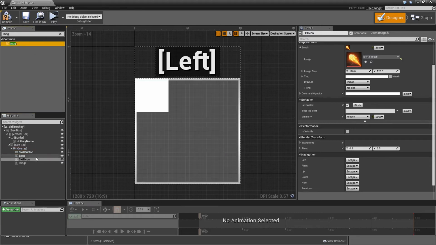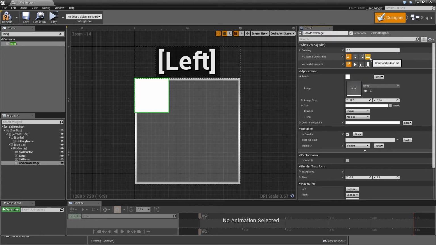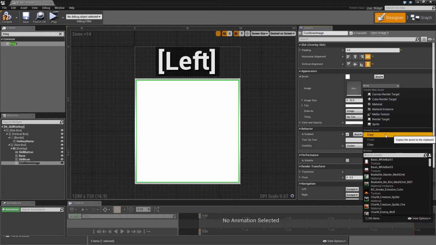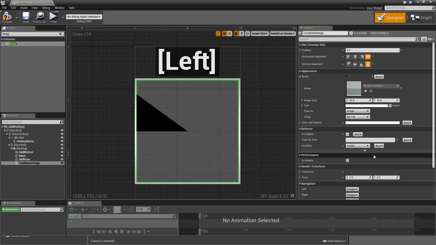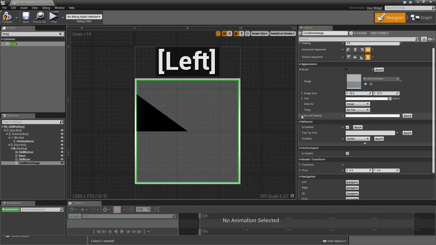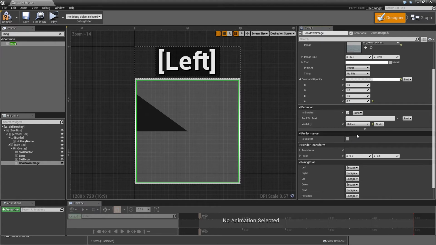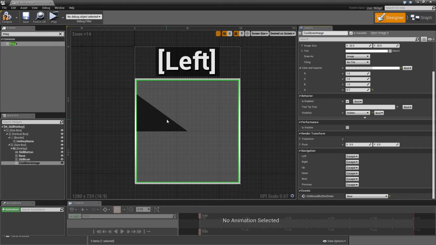Add another image to the overlay, which will be called the cooldown image. Make that fill horizontally and vertically, padding of 2. Like we did before. And for the image we want to select our MI underscore skill cooldown, so the material instance we just created, and you will see that appearing here. What we want to do here is go to the color and opacity, lower that to 0.7, I would say. We will also set this to hidden by default,